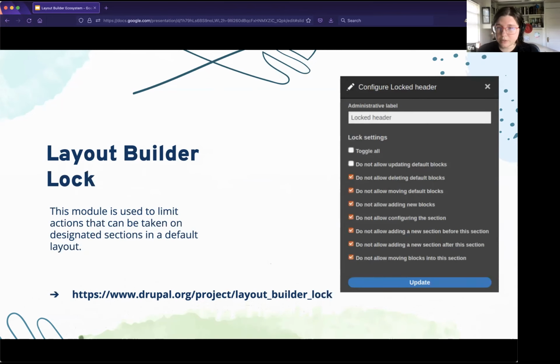And then Layout Builder Lock. This module is used to limit the actions that can be taken on certain sections in a layout. So normally a content editor would add all of the sections on a given page or in the default layout, and then anyone editing would be free to adjust those, edit them, move them around if they have permissions to